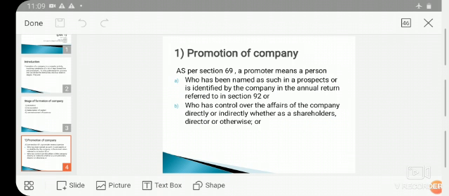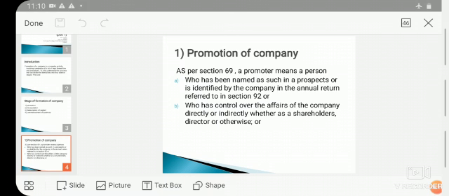The question comes, who has to identify the business opportunity? As we already came to know from the meaning of a company, it is an artificial person, right? In the eyes of the law, a company is an artificial person which cannot do anything by itself, but on behalf of it somebody has to manage the company. Those are technically called shareholders, right? Or the managing directors. So truly speaking,